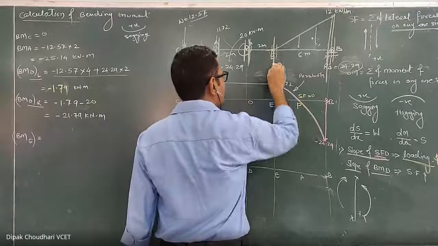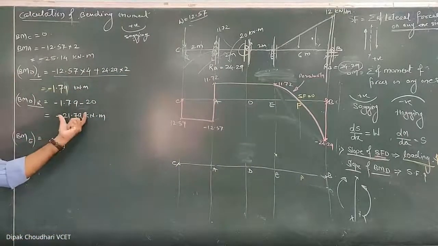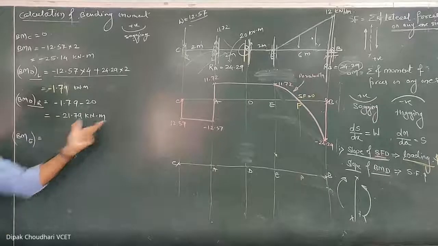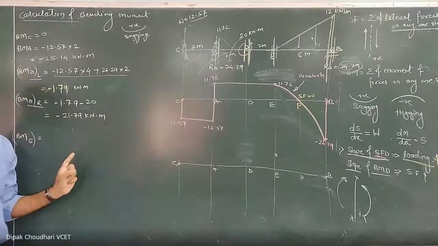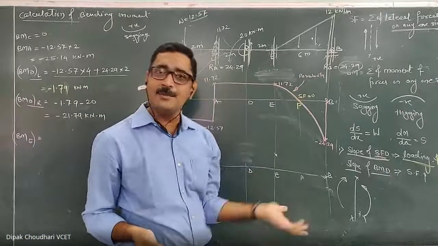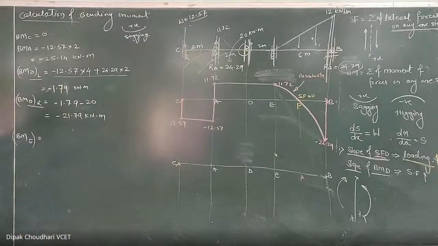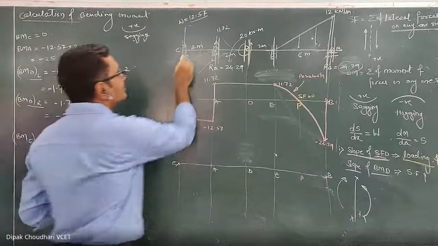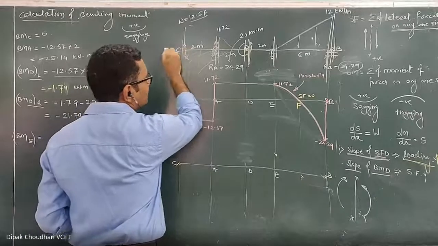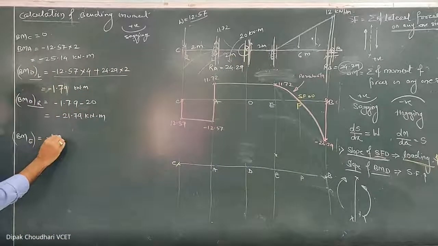If I take the section at point E, what will be the bending moment at this? Now you cannot use this value directly over here. That you can do in shear force, but not in bending moment. Because in bending moment the forces are the same, but the distance changes, and because of that the moment also changes. That's why you cannot use this value directly as it is. Understood? So you have to go from extremely left support, extremely from left point. You have to take the summation of all forces up to E. So it is minus 12.57.